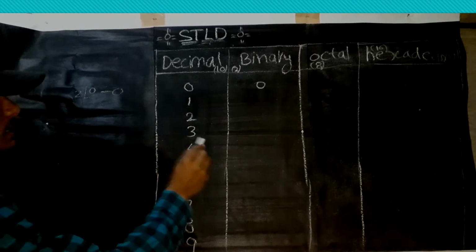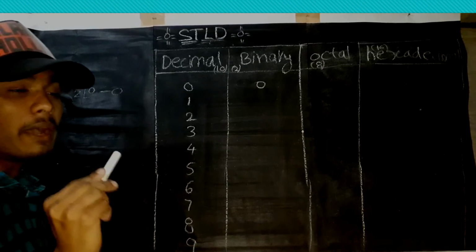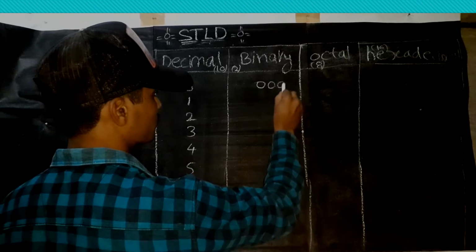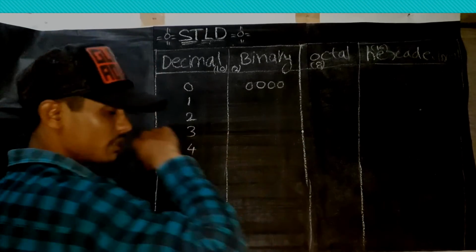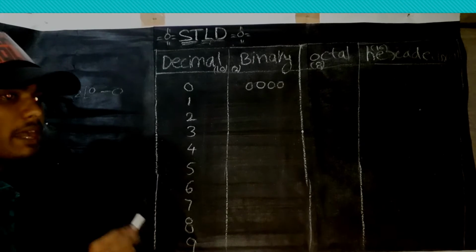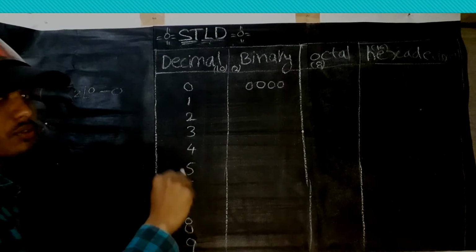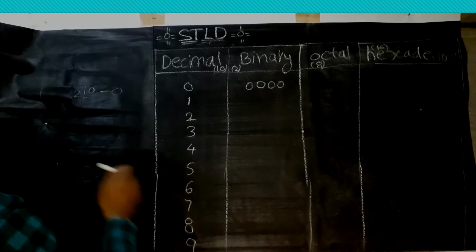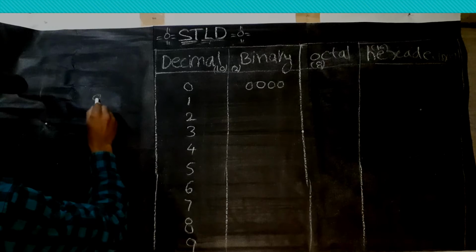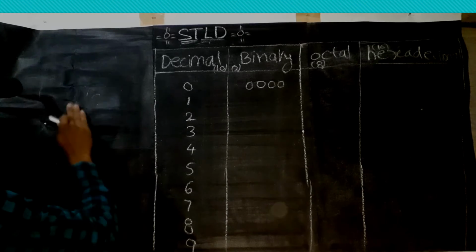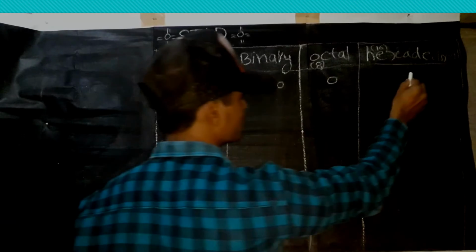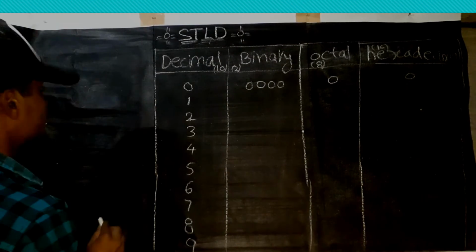Here, binary numbers can be in binary coded decimal form. We have to represent it as 4 zeros. This pattern is the binary coded number system, BCD, binary coded digits. Okay. Now about octal number system, 0 divided by 8, value is 0, and 0 divided by 16 also value is 0.